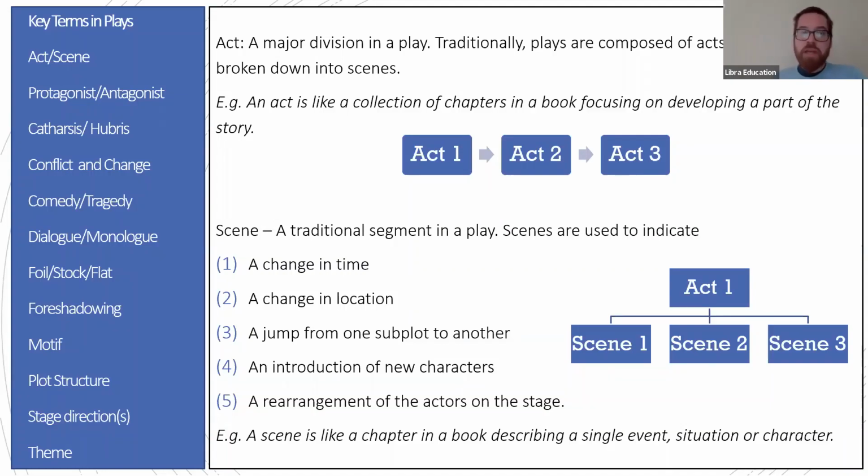Okay, now every play will be broken down into a number of acts, and then each of those acts will be broken down into a number of scenes as well. If it helps, you can think of acts as a collection of chapters in a book, focusing on developing one part of the story. And then each act will be broken down into a number of scenes, usually between 3 to 5 scenes, and each scene will show a particular location, a particular place, and a few particular characters in